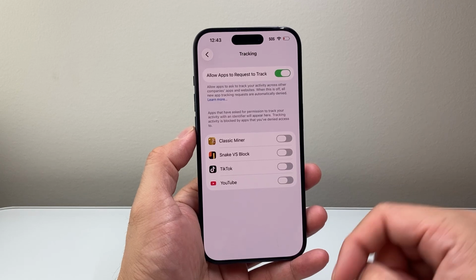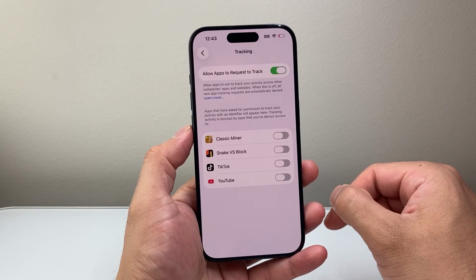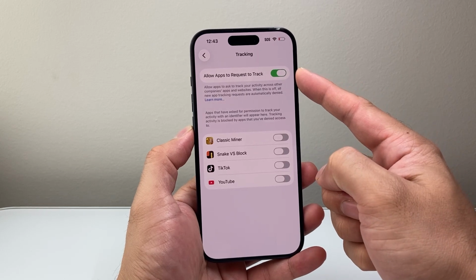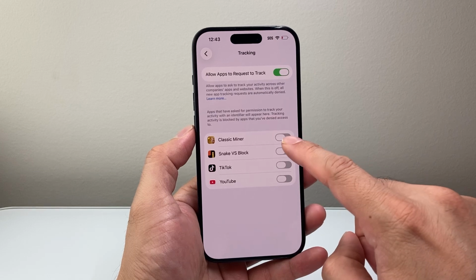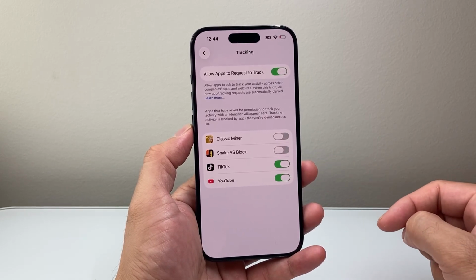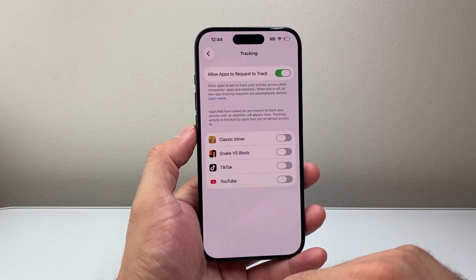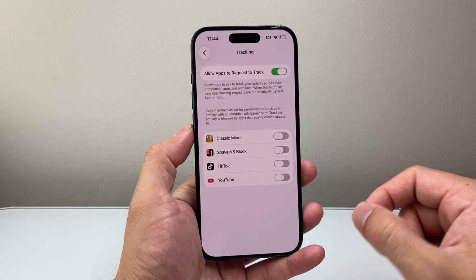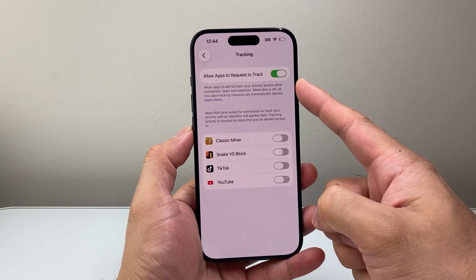Now, if you want to allow apps to ask for tracking permission, you would turn this on. And if you wanted to have tracking permission, you would just simply go ahead and turn the toggle on. Now, if you wanted to turn off the tracking, you would just select the app and turn it off just like that. Remember, with this setting, any app that you download, the very first time it's going to